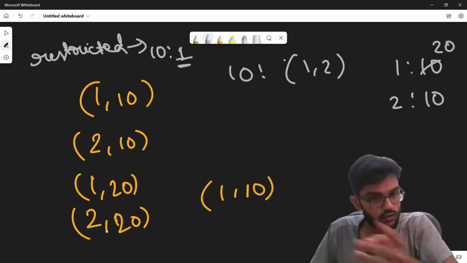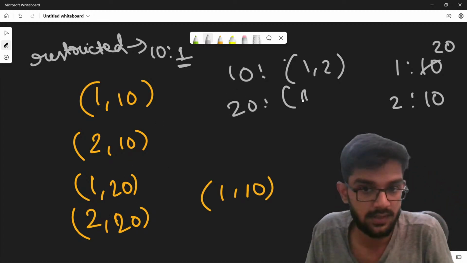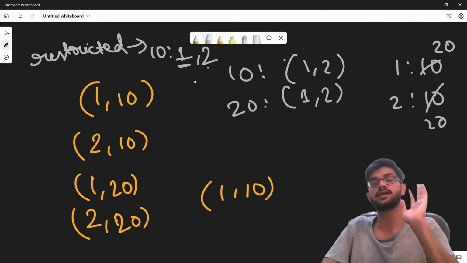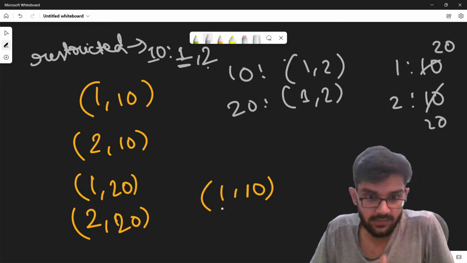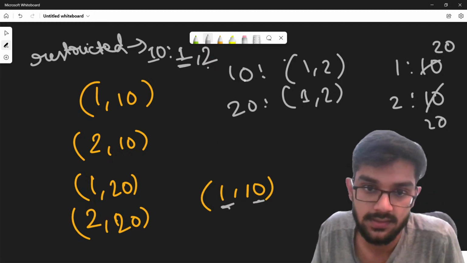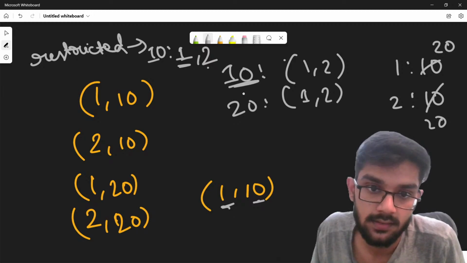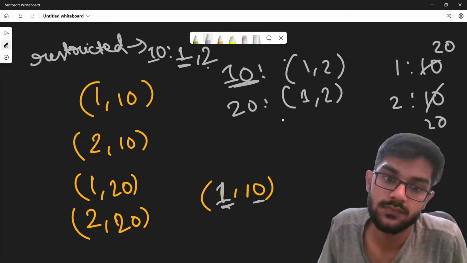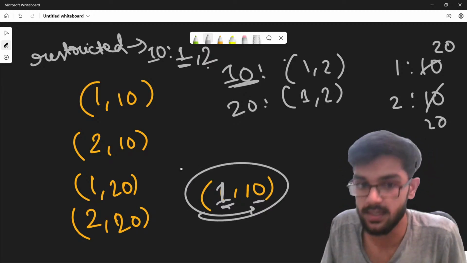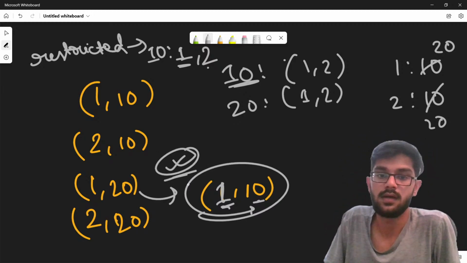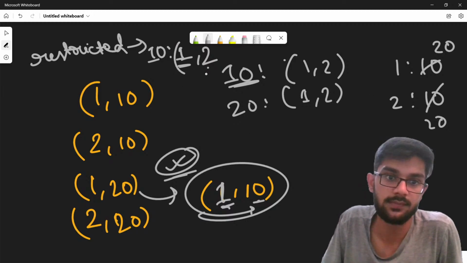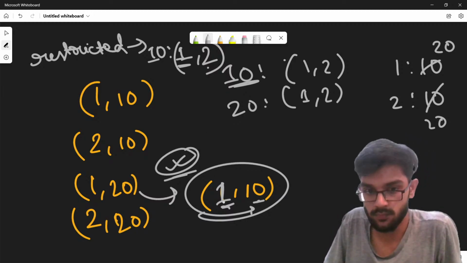Done. Now what is happening in 2 is that 1 also came in 20 and now 2 also came. So 2 also came in 20, but I'm saying again that 2 in 10 is restricted. Whenever again I get 1 and 10, I'm saying can I put 1 in 10? So 1 and 10 came, right? This will surely fail here. How do I handle this situation where 1 2 1 2, I have already put 1 2 in 10? So I will say in this case that